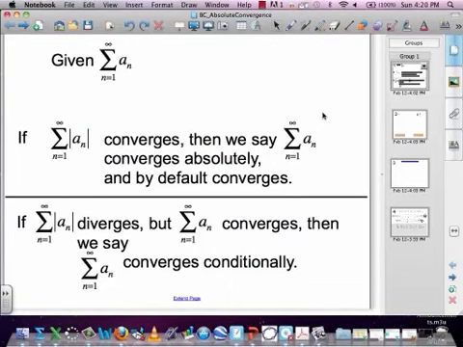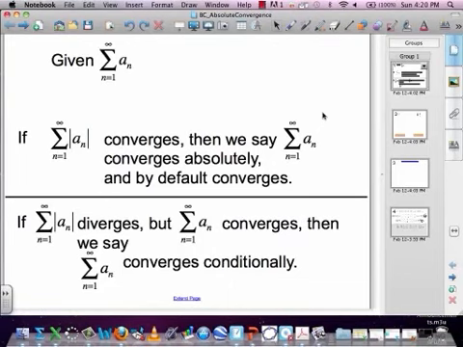Okay, so we have a series A sub n, and A sub n may have negative terms in it. It could be an alternating series. It may have a flipper, whatever. But if you're given a series, here's a definition. If the absolute value of your sequence, in other words, if you take every term in your original series and make it positive,